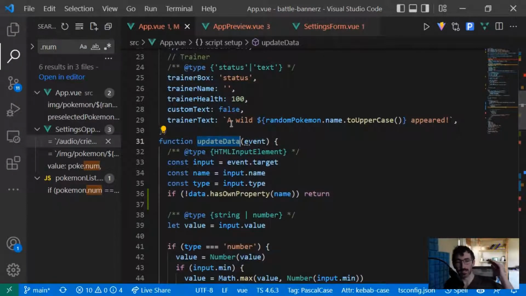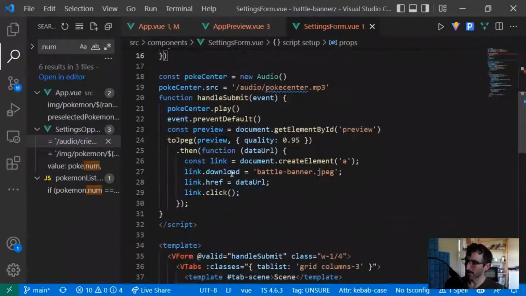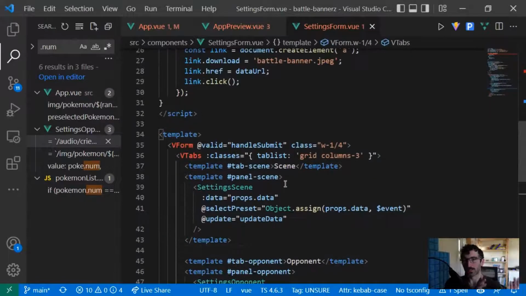So once again, in the same idea that we have this prop drilling where we're passing all these props from the app to the settings form, the settings form isn't actually interested in these props because it just needs them to pass down to its children. We also need to do, what would you call,